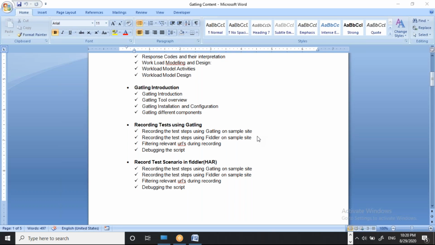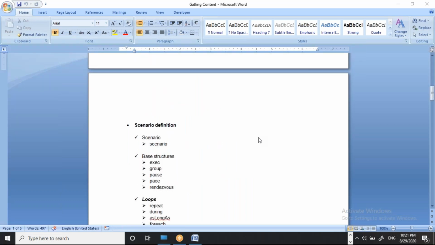Take one example: if you have standards, your API should be like this only, and then it is quite easy to script, because your API should be similar to the API you have as a standard. So we can use the Fiddler script as a standard and script our APIs keeping it as reference. We compare our API with the Fiddler APIs and complete our whole script. This way, we will do one Gatling scenario.